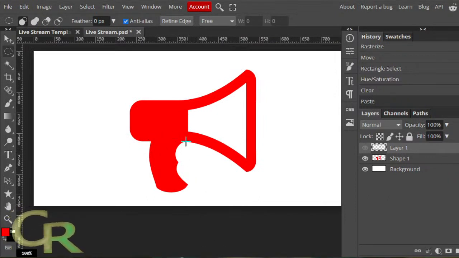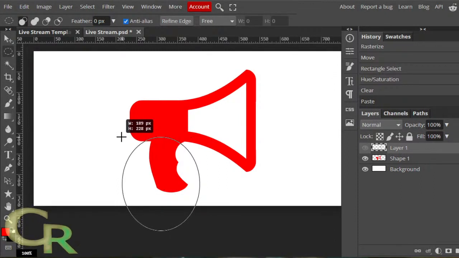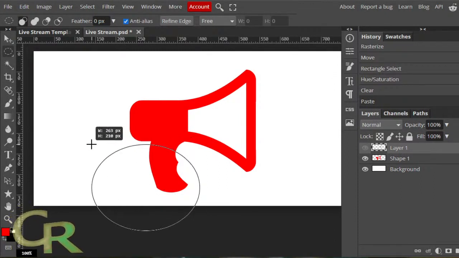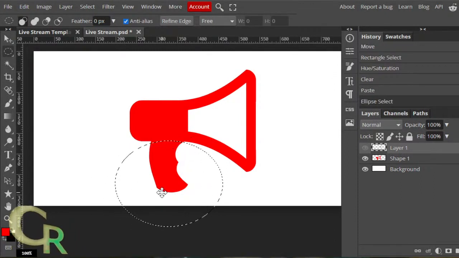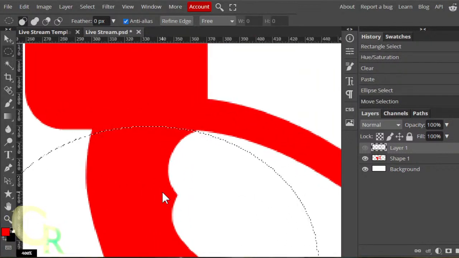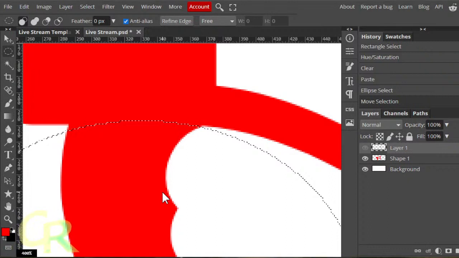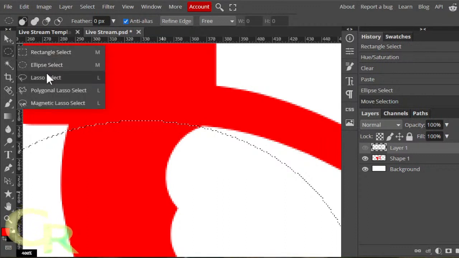Try to get most of the handle. Let's see, move that over. Yeah, I don't like that. That's not good enough. I'm still missing part of it. Oh, actually, no.